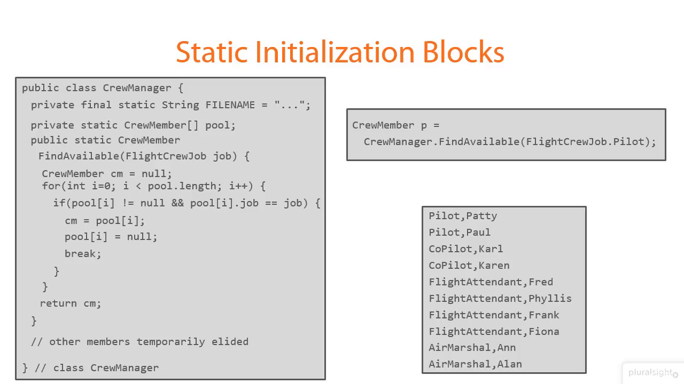The question is though, how does pool get initialized from the file? Now we could go write another static method called initialize or something like that